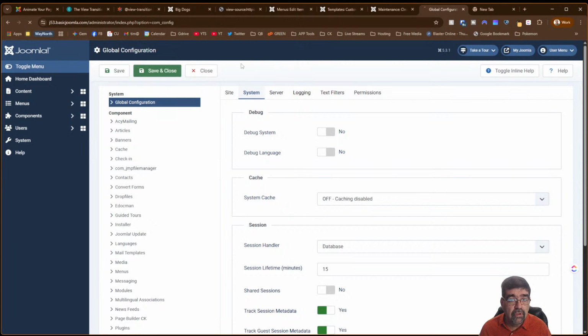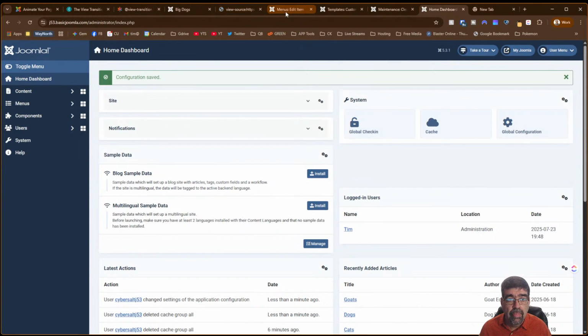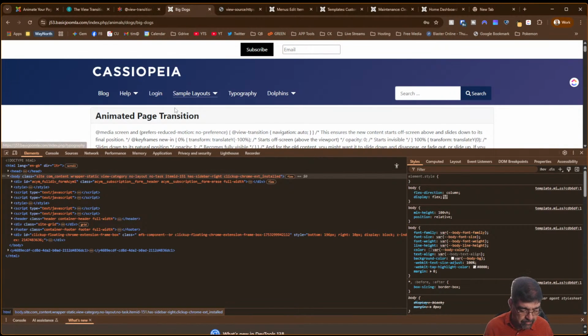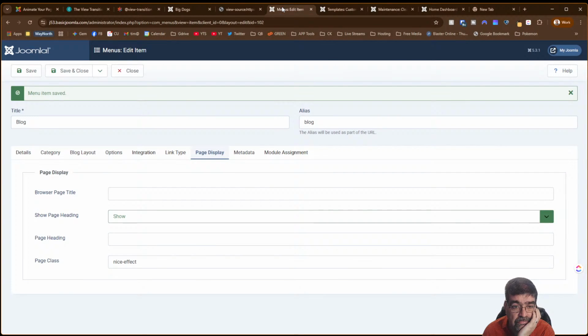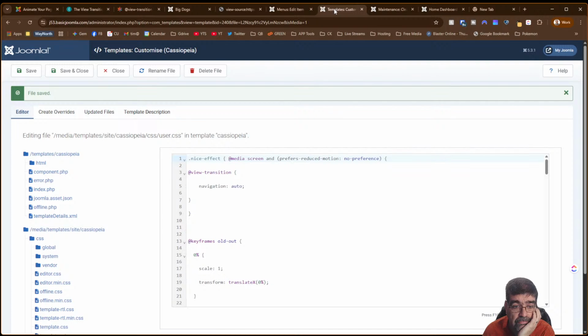System cache is off. Okay, so nice effect at media screen. Got that. We got view transition. Okay, so